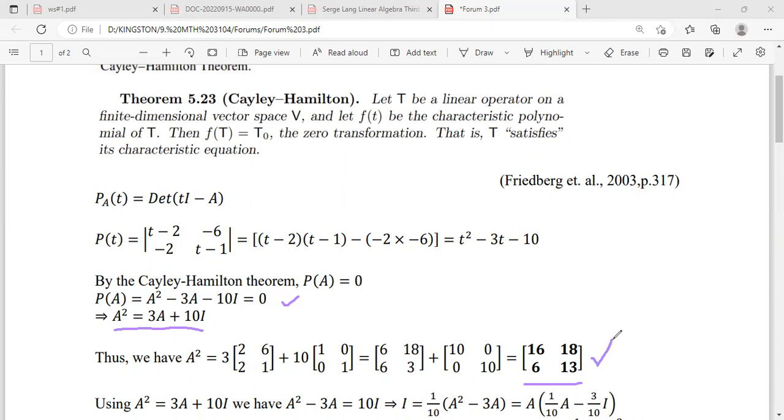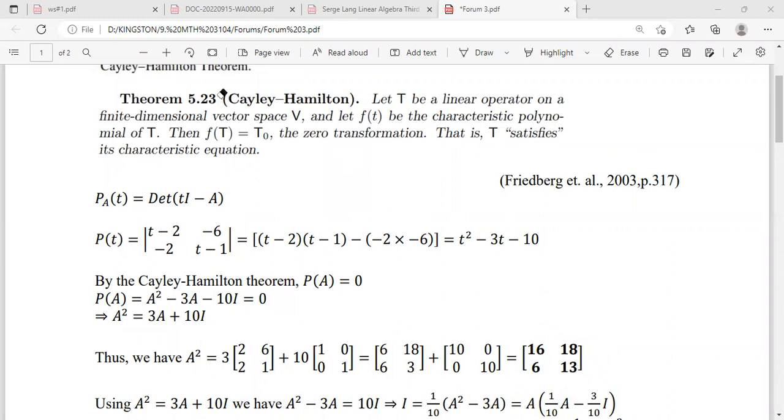Now we have written A squared as a linear combination of our matrix A, and we've utilized our identity matrix. And you see how the Cayley-Hamilton theorem comes in and saves the day in solving this problem. Okay, all right, let's move on to the next part in solving the problem, which is to get A